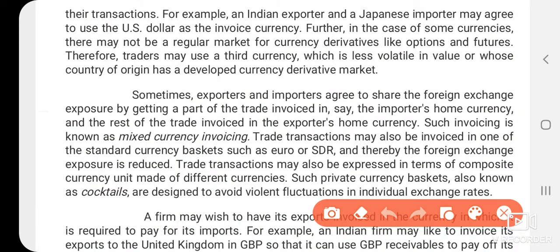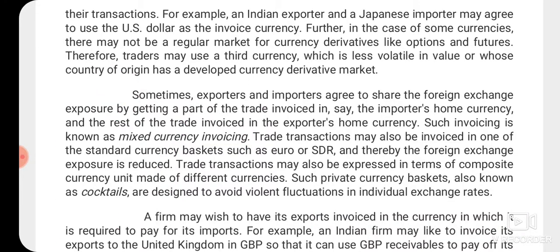Now I will tell you still more clearly. Sometimes what we are doing is just sharing the risk in part to part. In other words, we call this mixed currency invoicing. In other cases we are using the standard basket of currencies in order to reduce the risk. In another case, trade transactions may also be expressed in terms of a composite currency unit made of different currencies. It means not only one currency is involved, but different countries' currencies are involved,